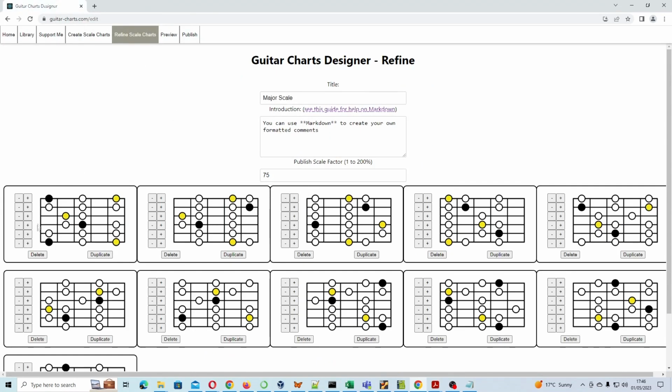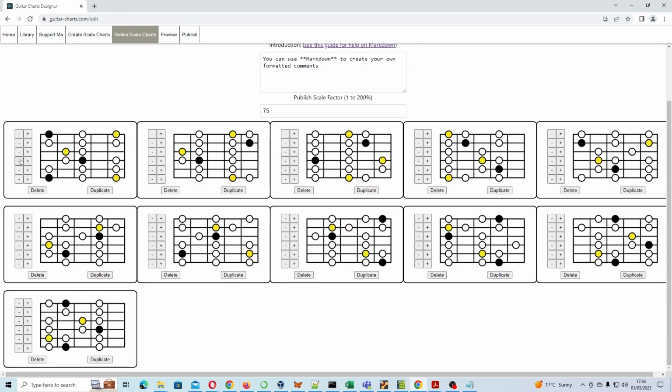But the interesting thing in this screen really is what goes on with each of these shapes. Now down the side here you can see there's a plus or minus button, and this lets me add notes. So basically the way to use this is to start from the low strings and work your way up. So if I wanted to turn this into a 3 notes per string scale shape, I can see on the